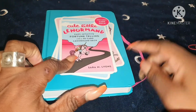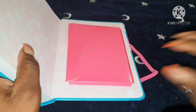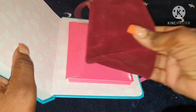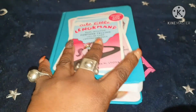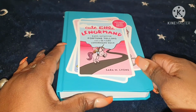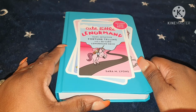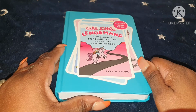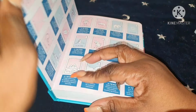And it comes with a book and the cards which are attached to the book, but I've put my cards in a separate pull-out bag because it's a bit fiddly like that. So let's have a look at the book first before I go through to the cards. It's got here, Cute Little Lenormand, Easy Intuitive Fortune Telling with 36 Cards, Lenormand Deck by Sara Lyons. And it's got here, includes cards in the deck. It's a hardback